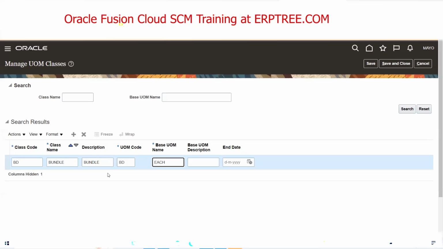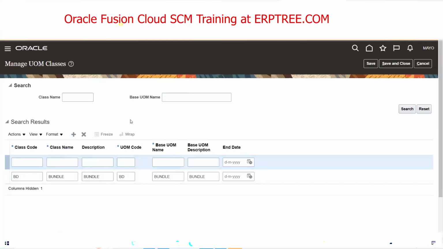Bundle means each how many? Bundle means 2, 3, 4, if applicable, accordingly you can give. Otherwise, nothing. Here both are same, the basic measurement also same. Bundle means bundle only. This is how you can provide. Just click on add